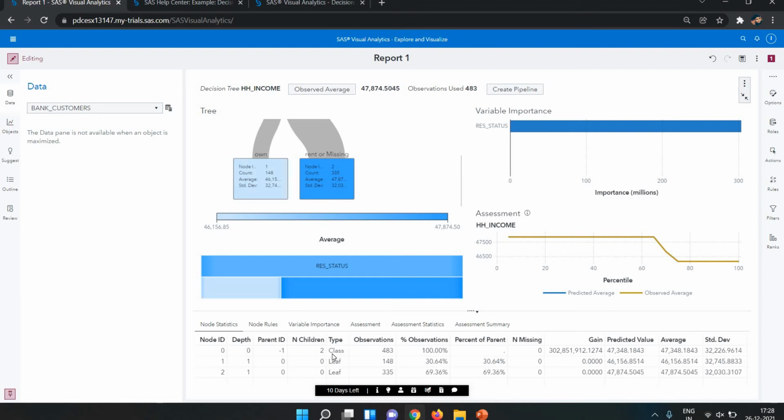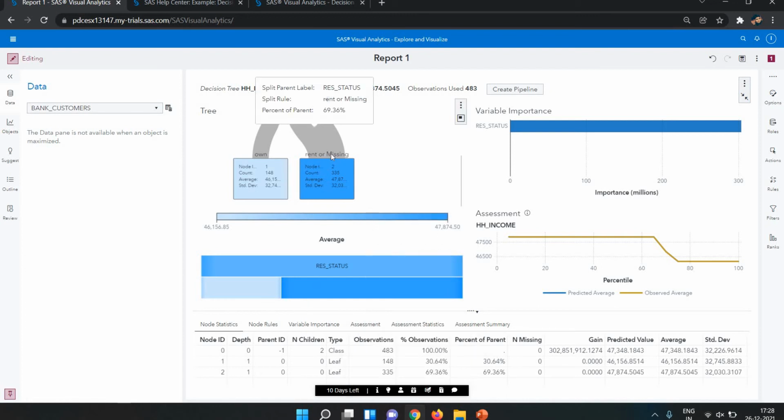They're showing the total observations in my data is 483. Then in the children, one has 148 and the other has 335.